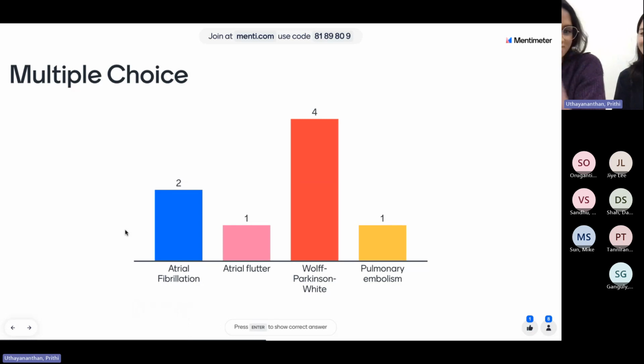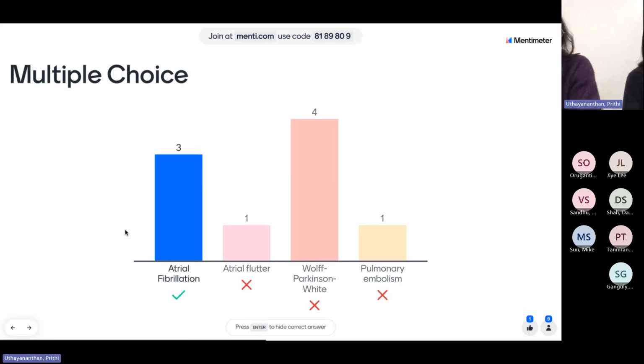You put the answer on this one. Oh yeah, I did. So the answer for this one is atrial fibrillation, because